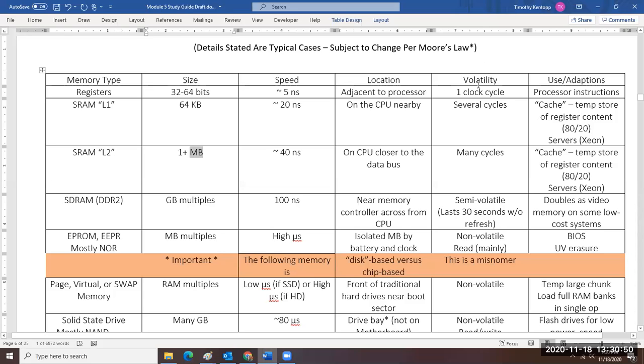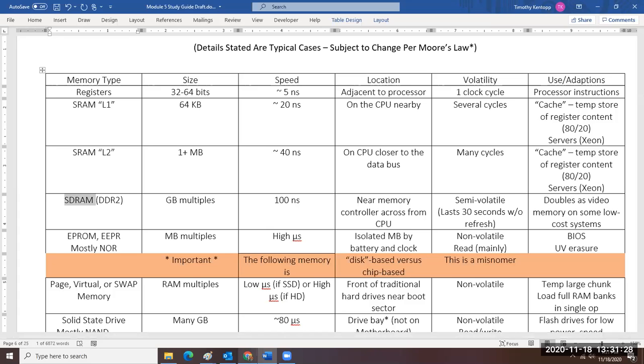You tend to get less volatile, meaning if there's a power disruption, the chances are better that the data is going to last, okay? And I want you to understand where you find this on the system board. So in the processor, inside the die, next to the die, the SRAM, the L1 cache, a little further out, still in the package, closer to the memory, the RAM, okay? And then you have SDRAM,